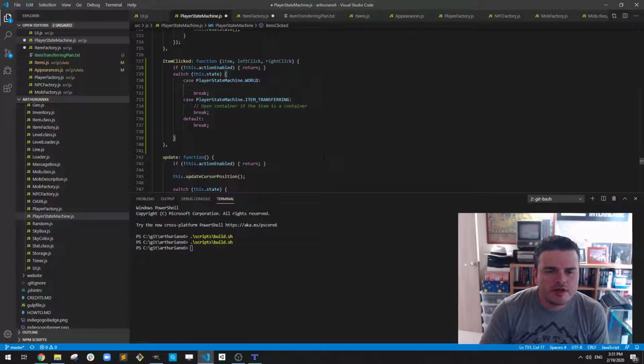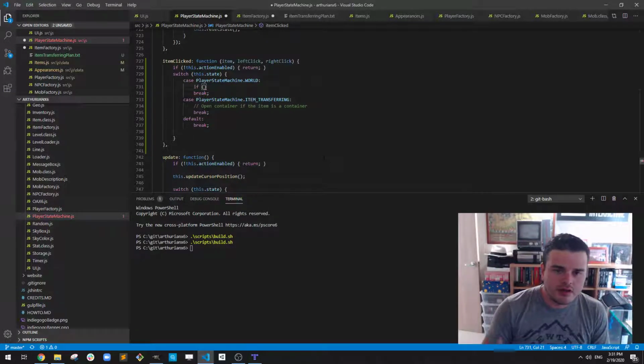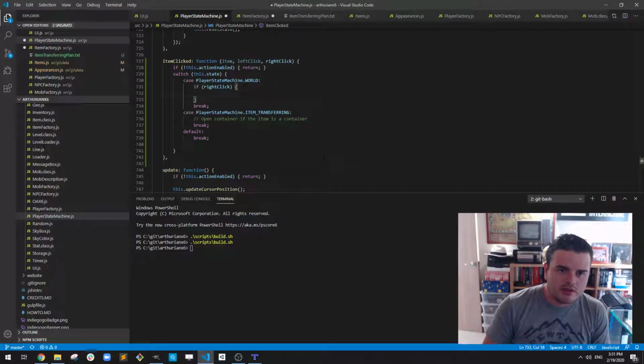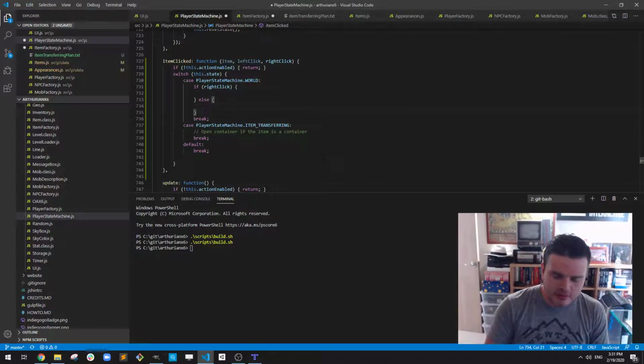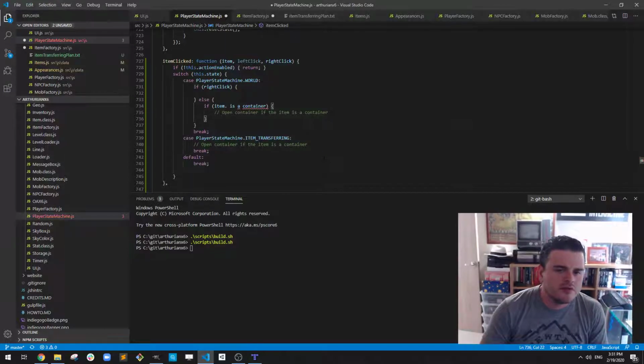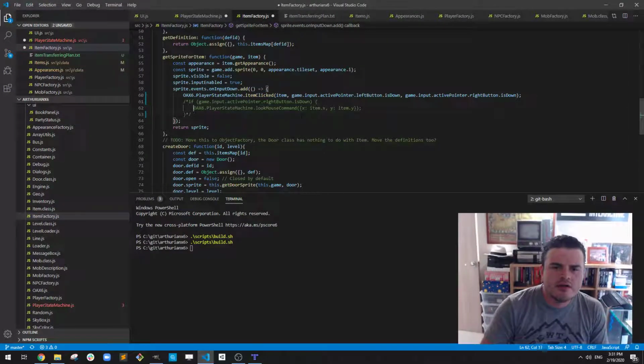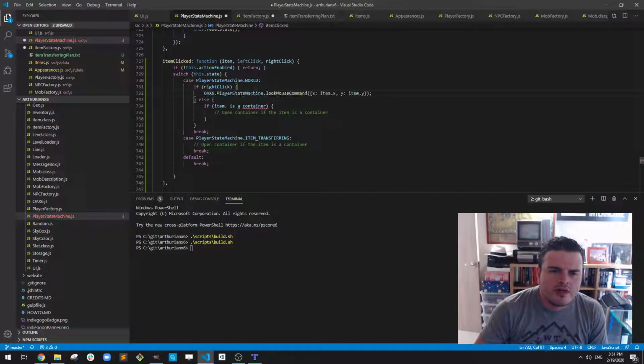So if we are in world mode and we click an item, the first thing we need to do is check if we right clicked. If it was a right click, then we will look into the item. If not, then if the item is a container, then we open the container. If not, we don't do anything. I think that's about right. So let's go back here, and if right click, we are going to examine it. And if not, then